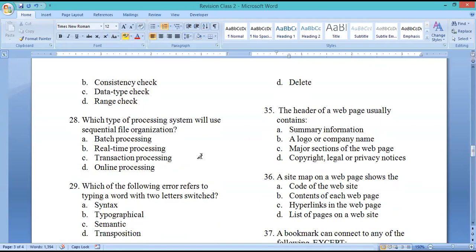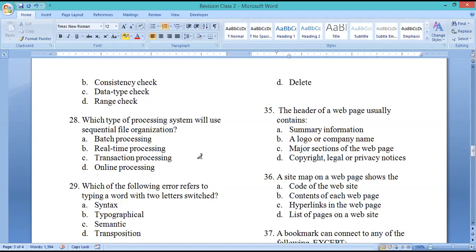All right, so let me tell you the difference between these. Batch processing is, say for example, you have a body of information for people to process, but how it's done is that it does it in batches. Batches means like a group, right? So it has group A, group B, group C, group D, and each batch is processed together. Real-time processing now is when the processing is being done immediately. So as you do it, it's done, right? It's done in real time, instantly.